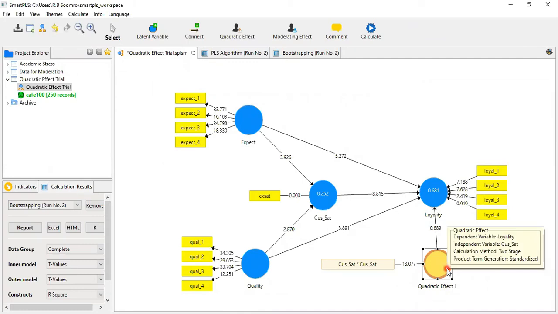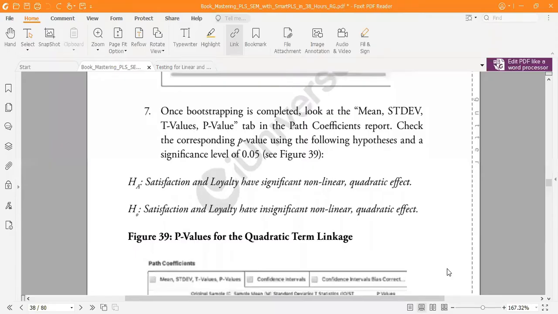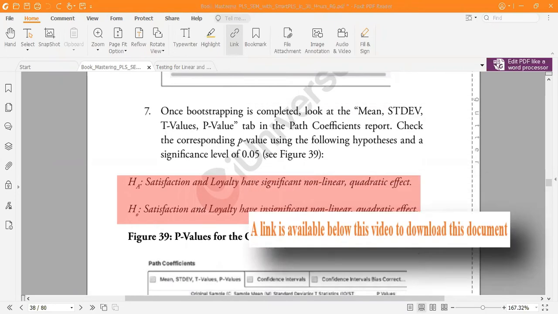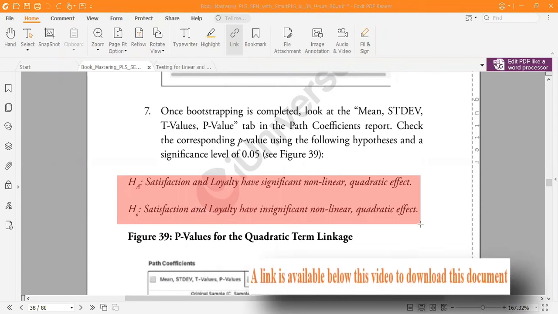Now, how to report this one? We are going back to the other document which I showed you in the last video. Here, for example, the hypothesis H1: satisfaction and loyalty have a significant non-linear qualitative effect, versus satisfaction and loyalty have an insignificant non-linear qualitative effect.